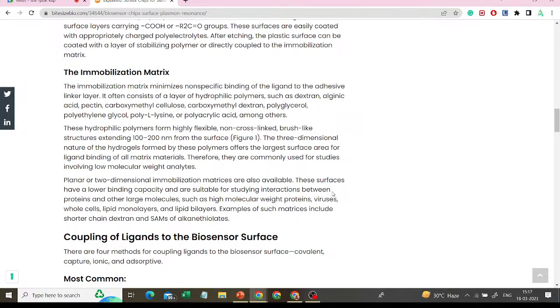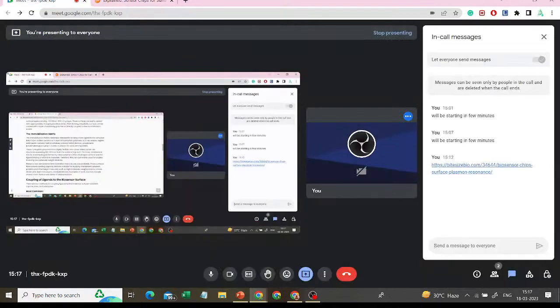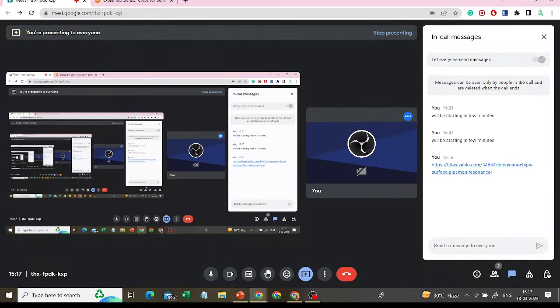So with this SPR, I think in the lecture we have heard that SPR helps you in analyzing all these interactions between proteins, viruses, and all kinds of interactions. You could easily grab through it. Okay, so